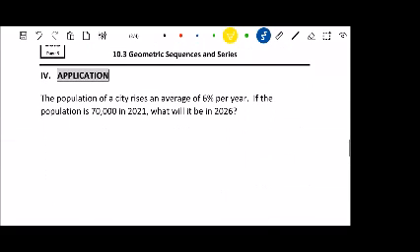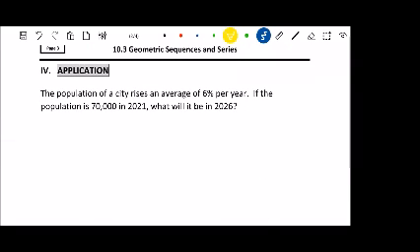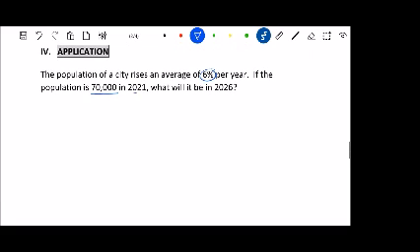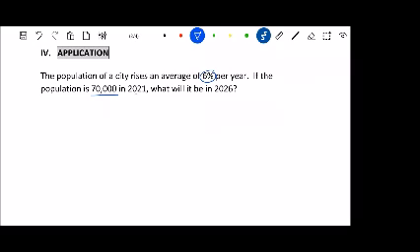Okay, let's take a look at an application problem involving geometric sequences. Okay. So population of a city rises on average 6%. The population is this much in 2021. Okay, and so if that is the beginning year, then we're going to go to 2026. Now, this is going to be an exercise in thinking about including the years too. Because what I'm going to do, I'm going to do this through 2 methods. Method 1,